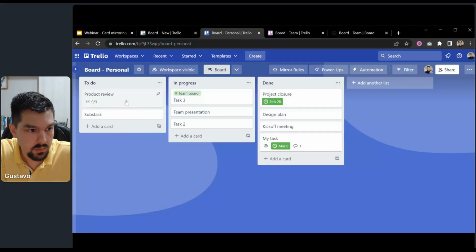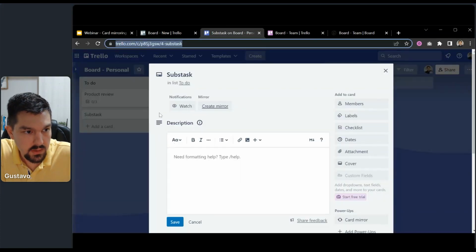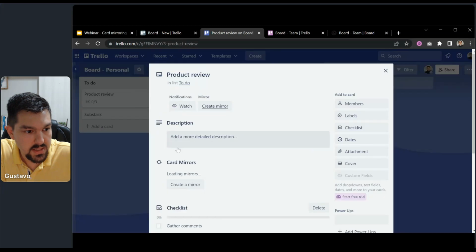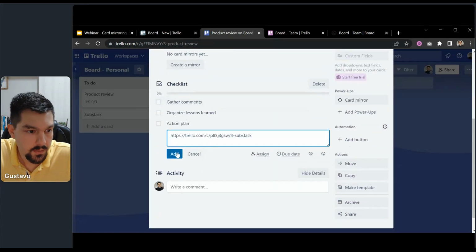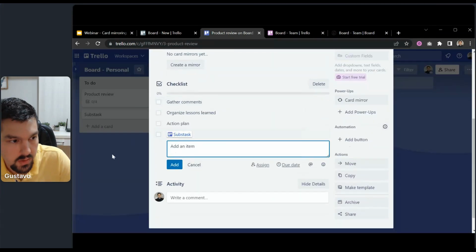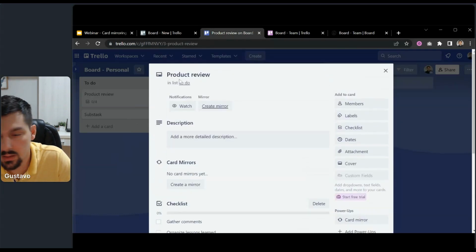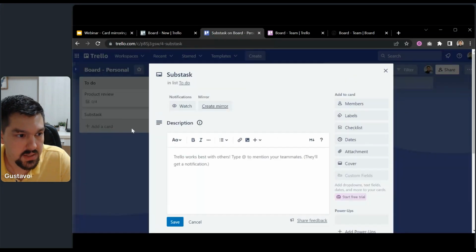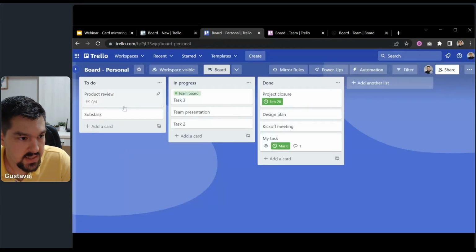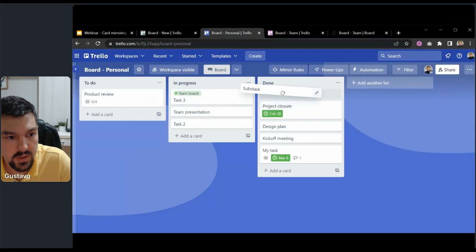I can even have it in a separate list, but I open it, I copy the URL, and I paste it into the checklists. And now I have a mirror between a card and a checklist item. This is called parent-child card relation. So this is the parent card, product review. This is the big task, and we have the subtask. And if we mark the subtask as completed, for example, by moving it to done,